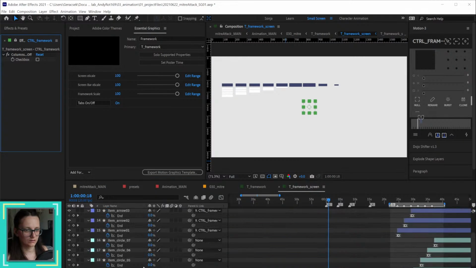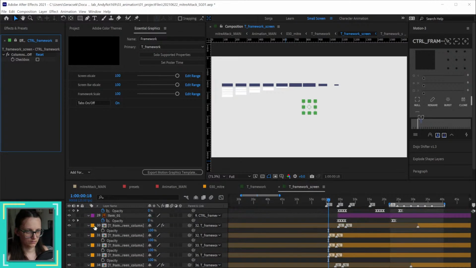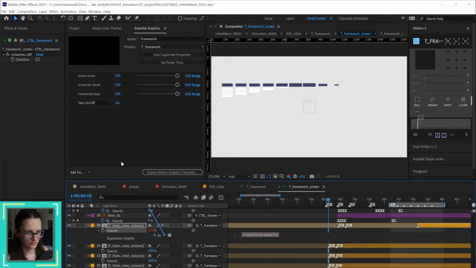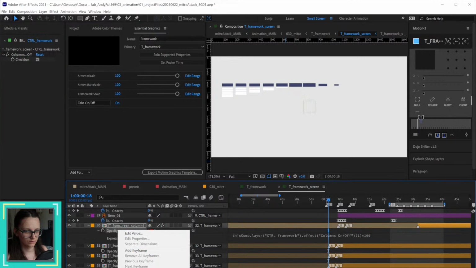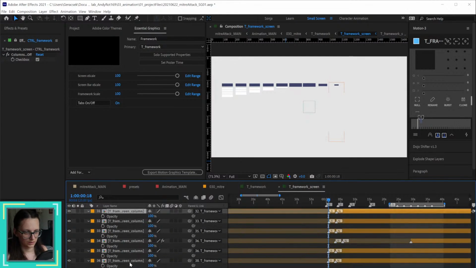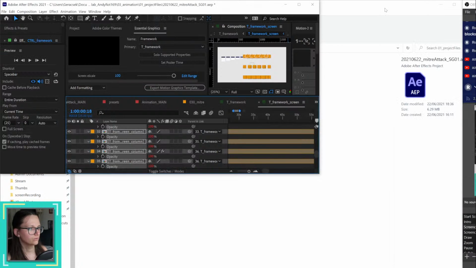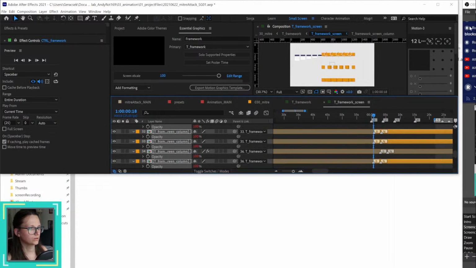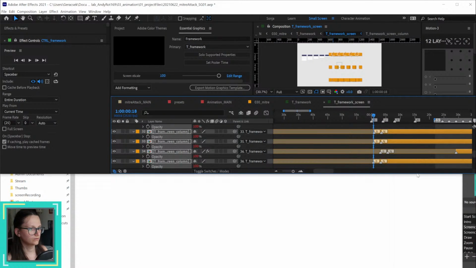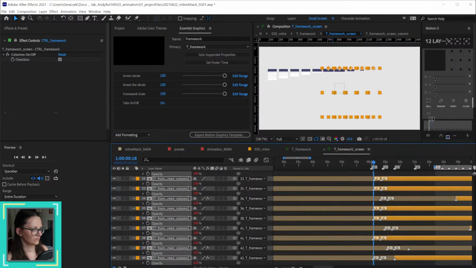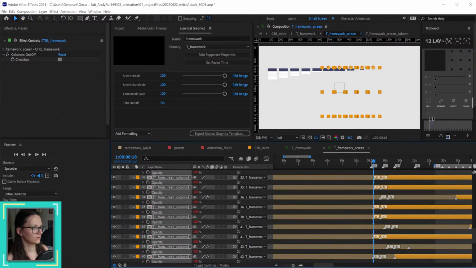I'm going to lock that. I'm going to link this to that opacity controller. Times 100. Let's turn that on, not off. And then I'm gonna copy paste that expression to here. Oh, and I just realized that After Effects is too small. Okay. Let me resize. And now